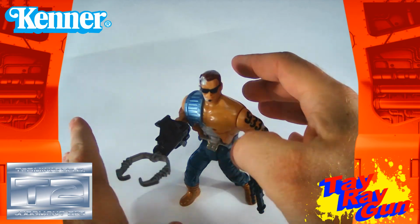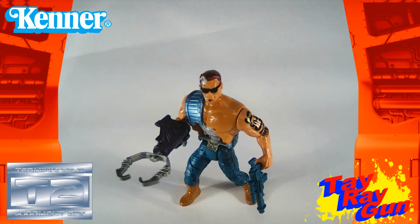Here, we'll pose him up like that. I'll be a toy. So that's pretty much all I gotta say about the Hidden Power Terminator with his hidden grappling hook that really fires. With this one, if you are a Terminator fan and you like getting all the Terminator toys from Kenner,